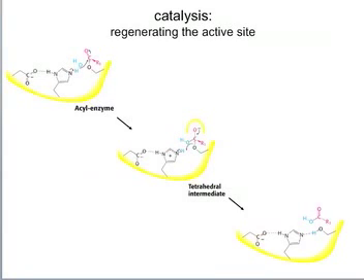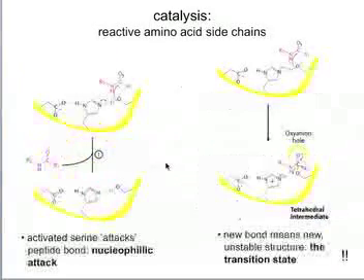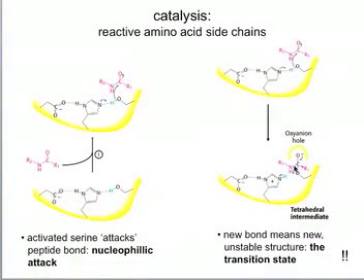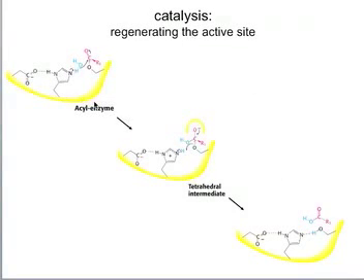Okay, so here we show the regeneration of the active site. In the previous step, we kicked off the amino end of the protein when we broke this bond, when we retook our proton from the histidine. Now what's required again is that the histidine becomes a base, abstracting a proton from water, activating that water so that the hydroxyl can now attack the carbonyl carbon